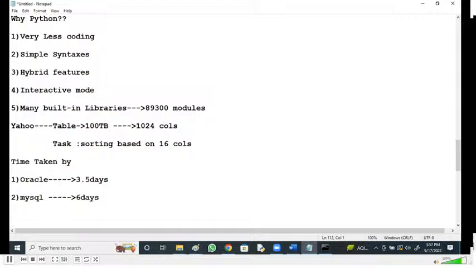And Teradata, right, is a specialized database used for data warehouse purpose. It can handle huge data, TBs of data, right? It has taken 4.5 hours.